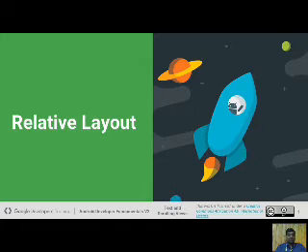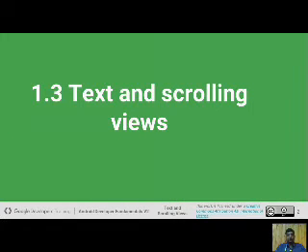Text view. What is the text? When you perform any operation on text in the layouts, the component you use for the text is called a text view component. And scroll views mean that when you scroll any screen, the content appears and disappears, up, top and bottom, and that screen is called the scroller.